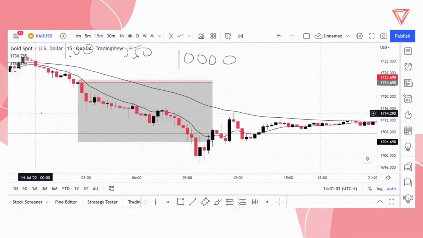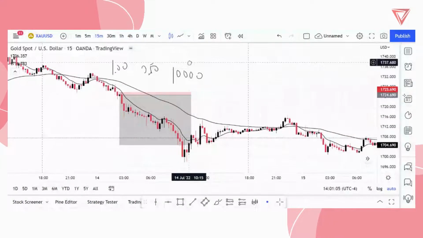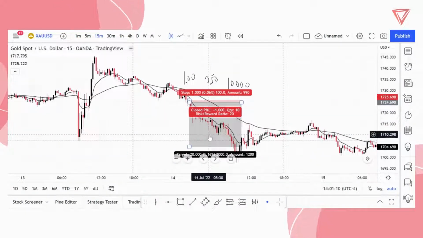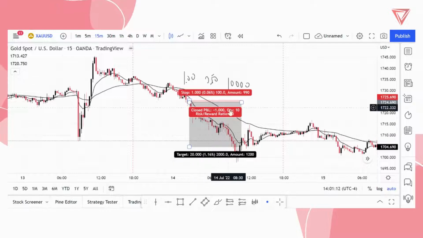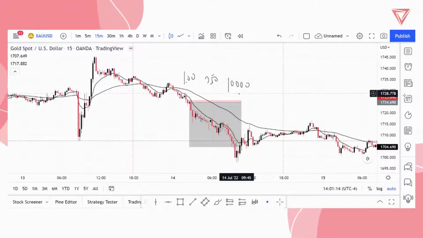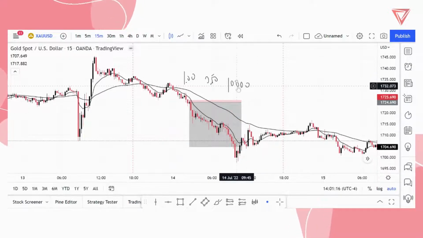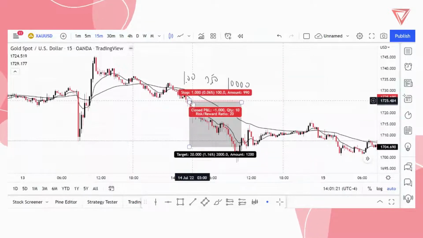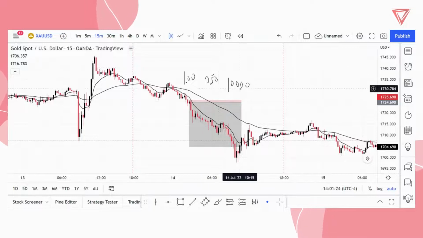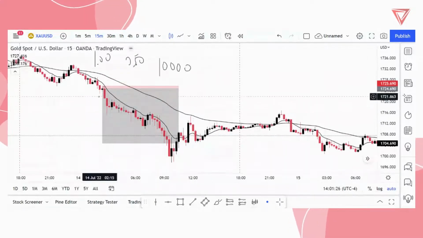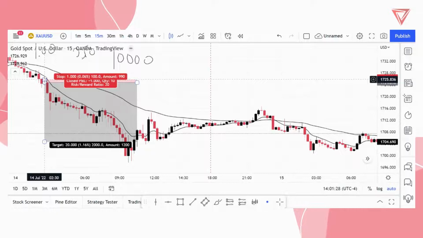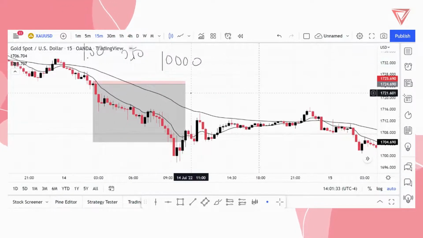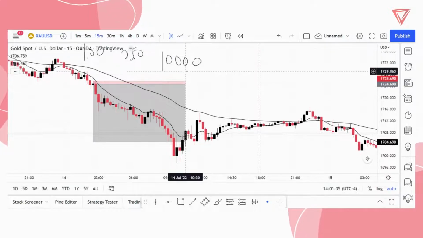So let me show you something here. So with this same trade could make so many different amounts of money for different people, because obviously it has a big dependence on the amount of money in the account, the risk parameters, and obviously the risk parameters is the lot size in relation to the stop loss size, right? So let's assume now you have a 10 pip stop, but you don't want to risk 1% of this. You want to risk 0.5% of this.